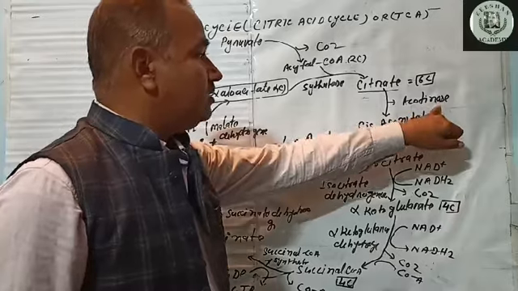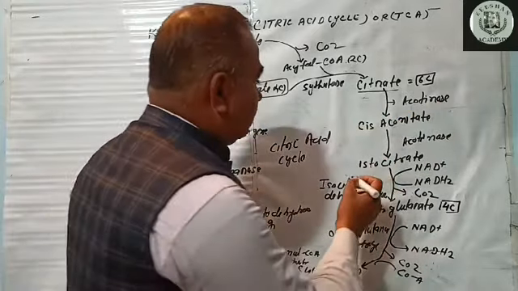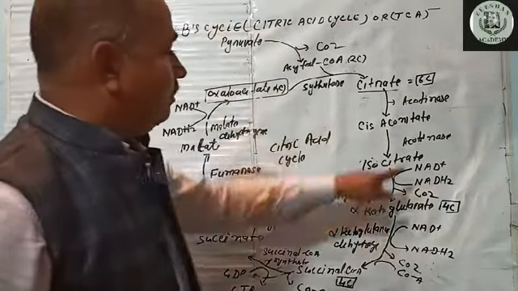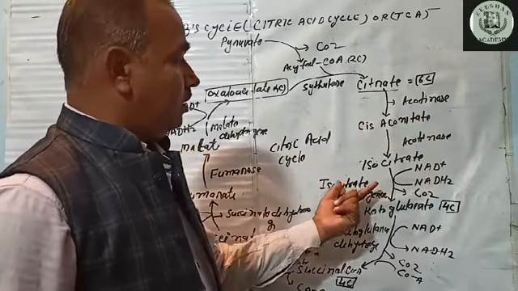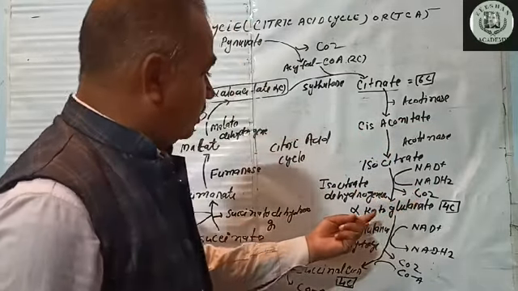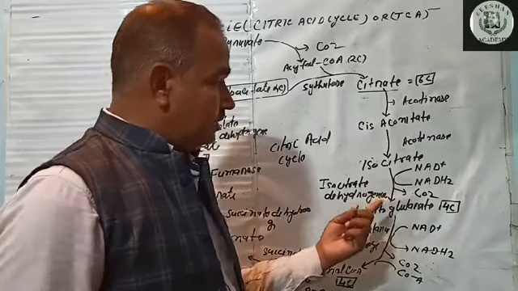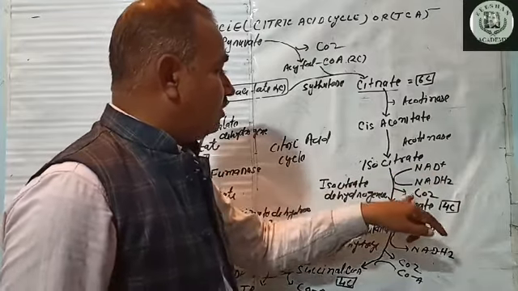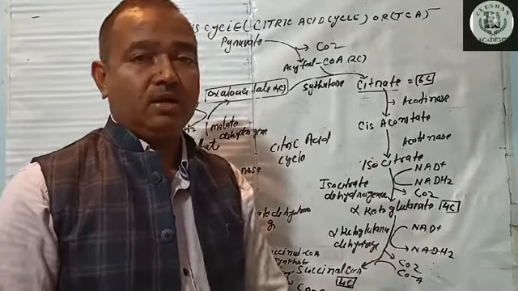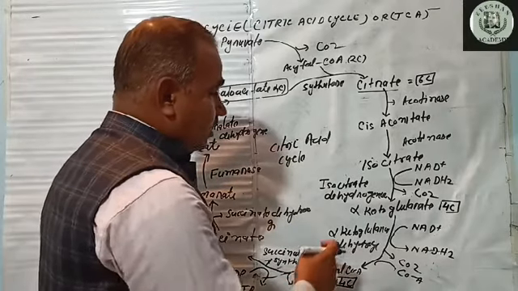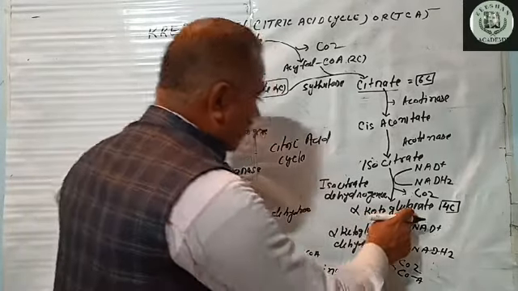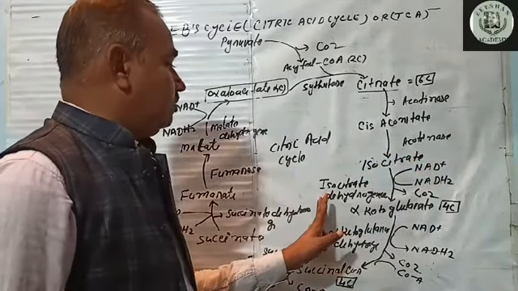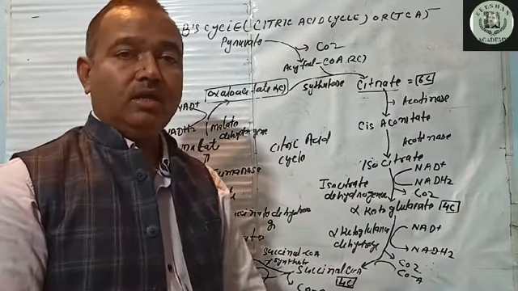Finally, in the second step of the Krebs cycle, citrate is converted into cis-aconitate with the action of aconitase enzyme. Once again it is converted into isocitrate with the help of aconitase enzyme. In this stage 2 events occur. First, NAD is converted into NADH2, and 1 mole of carbon dioxide decarboxylation also takes place, and finally alpha ketoglutarate is formed, and these reactions are catalyzed by isocitrate dehydrogenase.